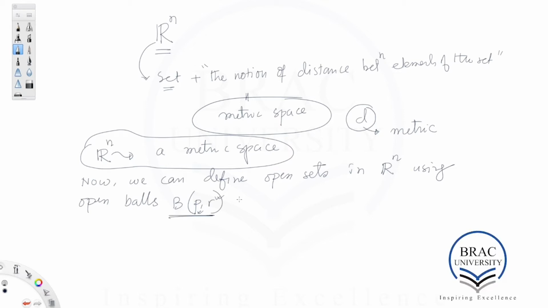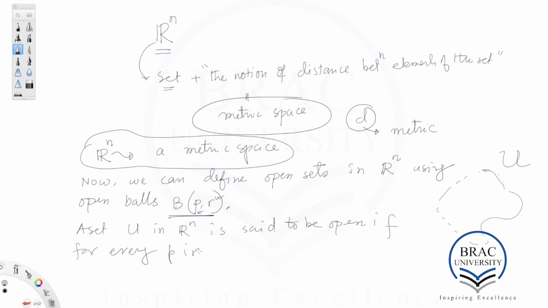So how can we define open sets in Rn using these open balls B(P, R)? Let's see how. A set U in Rn, say that this is Rn and we have any set U, will be said to be open if for every P in U, so if I choose any point, no matter how close to that dotted surface,